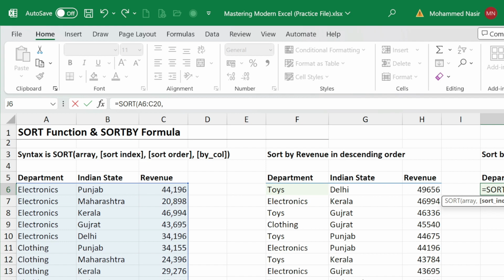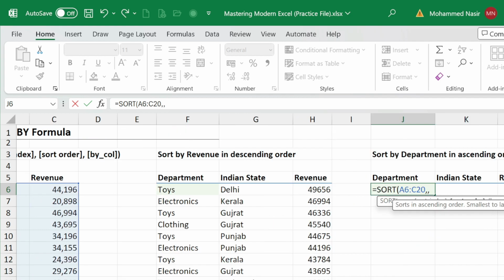If we are not providing any particular column number, then the sort index will be automatically selected as the first column. So we are not going to supply any column. And the sort order is by default ascending, so we are not going to select it. Also, here we don't need the last argument, because this data is in the vertical format, so by default it is false, so we do not need to provide it. We don't even need this comma, we can simply close the bracket here and then do the